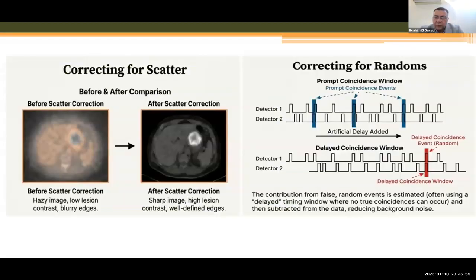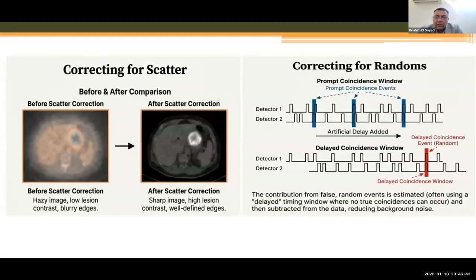For scatter correction, the most known one is the photopeak windowing, in which we use a narrow energy window. So instead of using 460 to 600 something, we use only a 500 to 550 keV window, which will reject most of the scattered photons. There are also some techniques that use simulation and iterative techniques to correct for scatter. To correct for randoms, we have the time windows. The most well-known method is called the delayed coincidence window method, in which we simultaneously